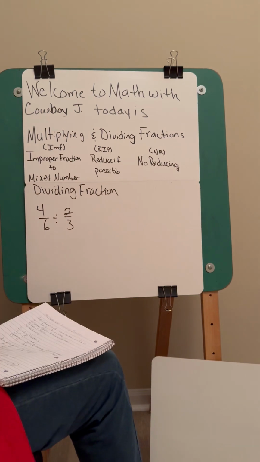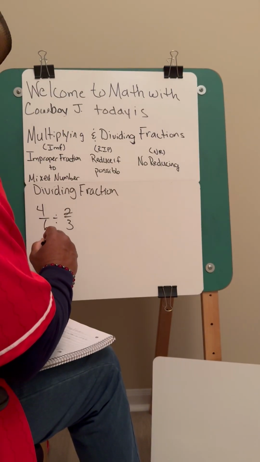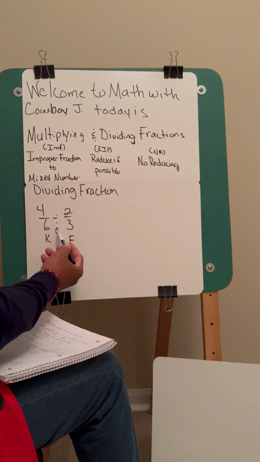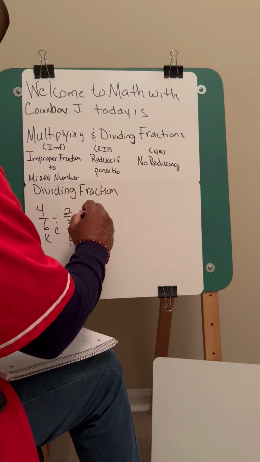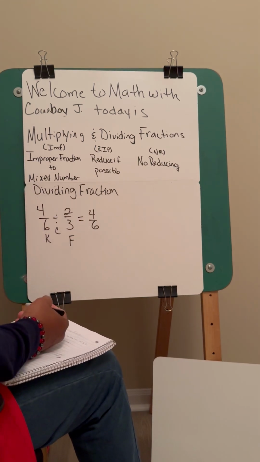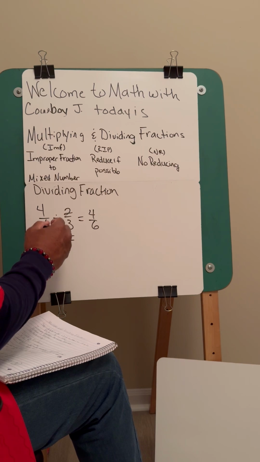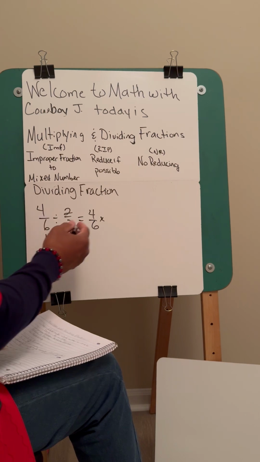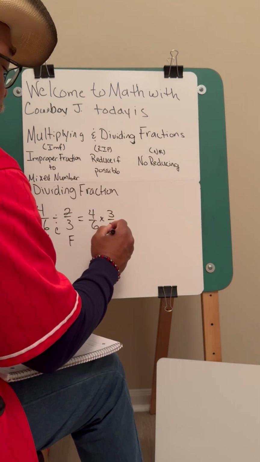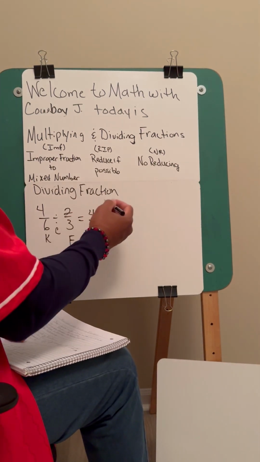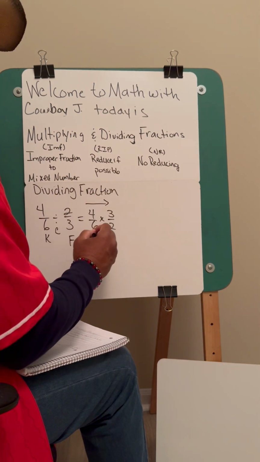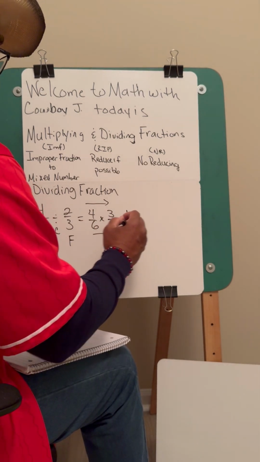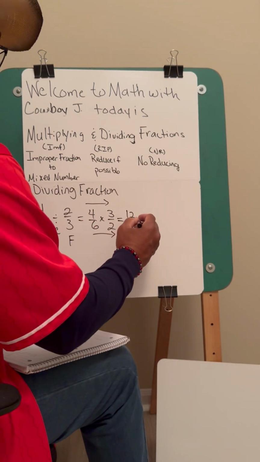I'm going to set my problem up with KCF, which stands for keep, change, flip. So I'm going to keep my 4/6. I'm going to change my division to multiplication. I'm going to flip my 2/3 to 3/2. Now I can multiply straight across. 4 times 3 is 12. 6 times 2 is 12. Any number over itself